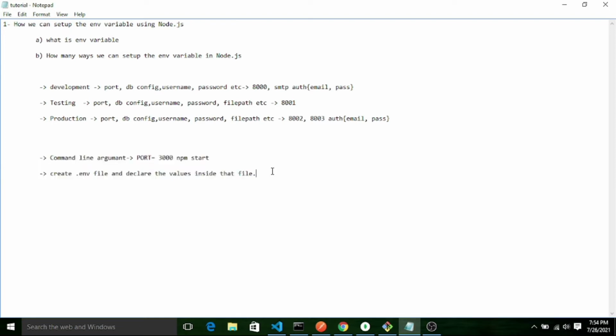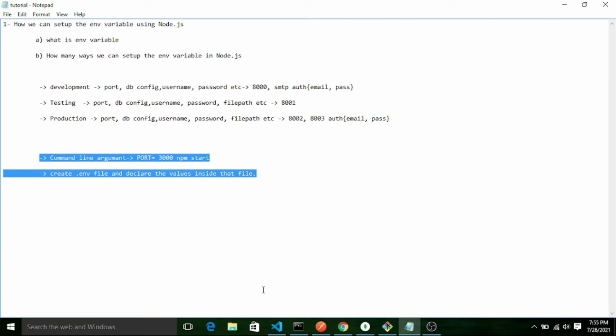You can also set up the same variable in your system environment. Like if you are using Mac or Windows or Ubuntu or CentOS, you can set up those variables inside that environment and fetch them. Some other day I will show you that method. Today I am going to cover these two points. First, I will pass the variables with my start command. Second, I will create one .env file and fetch from it. Let's see how I am going to perform this, so watch this video up to the end.